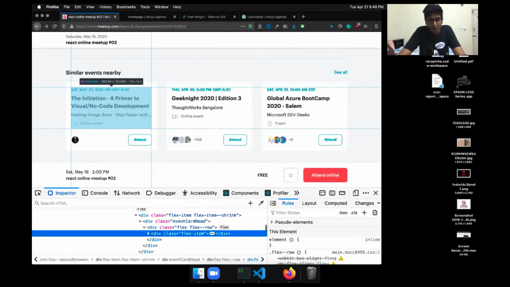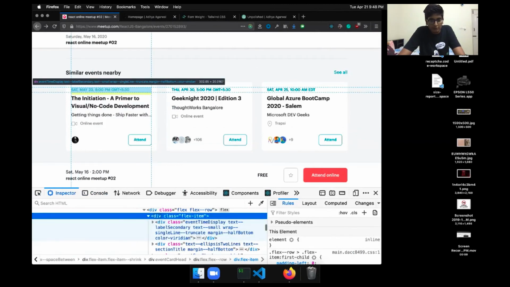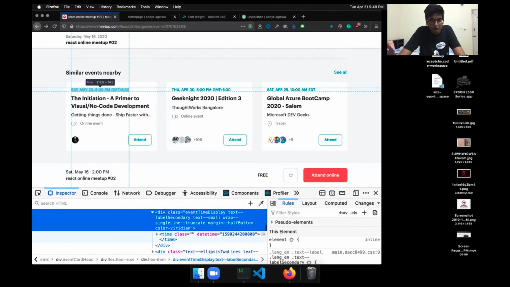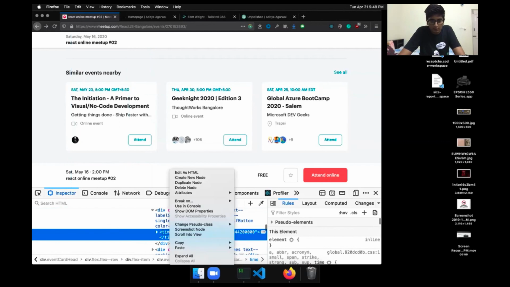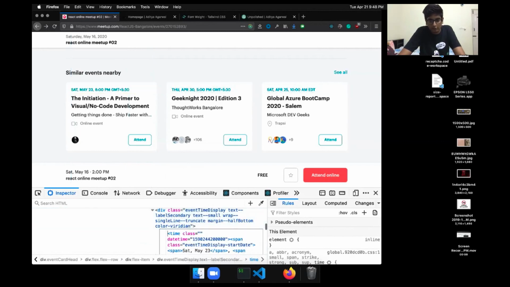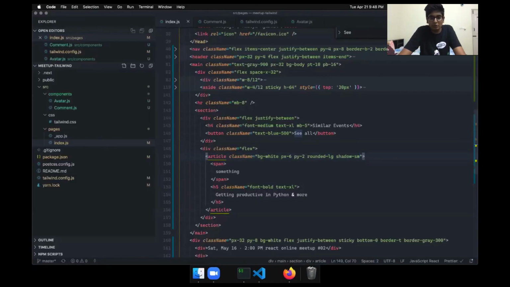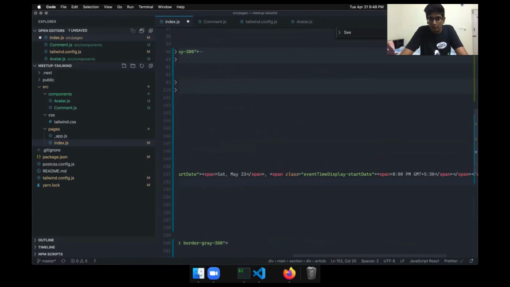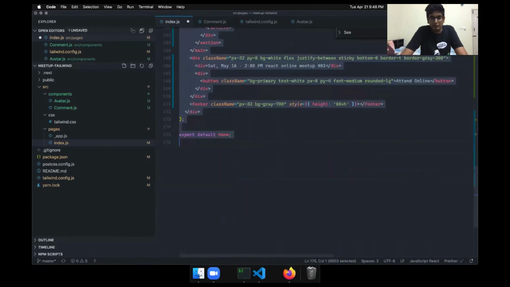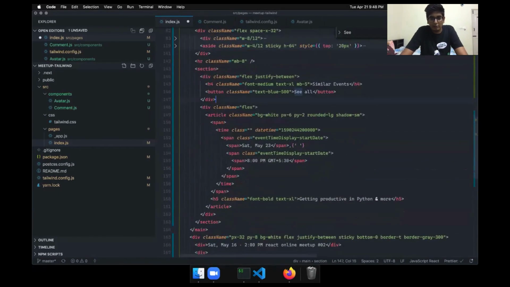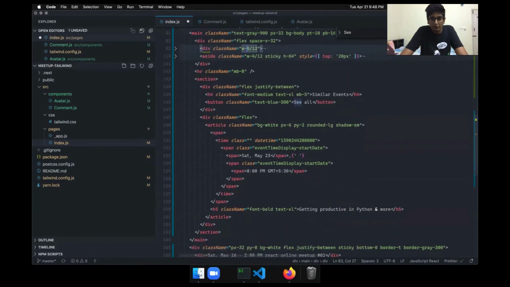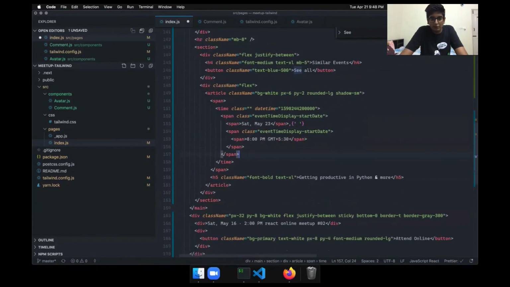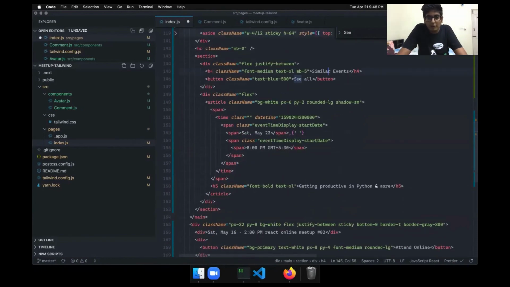Meter.com is also using utility classes, like a combination of these things. This is nice. They are using this time tag. Let's just use it and see how it looks. Instead of this span, we have a time tag. It is telling the browsers, the browsers are able to parse the time. So where is that? Similar events, and